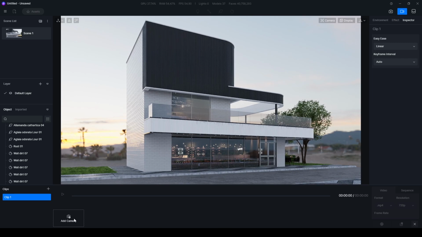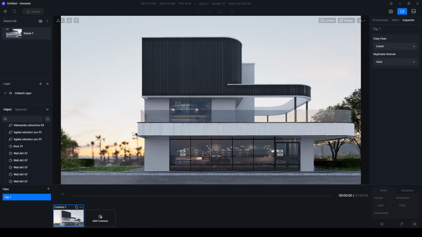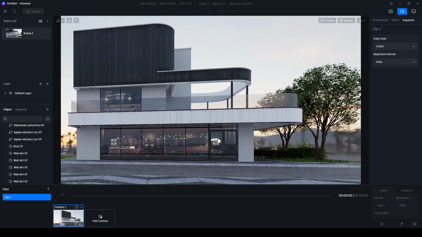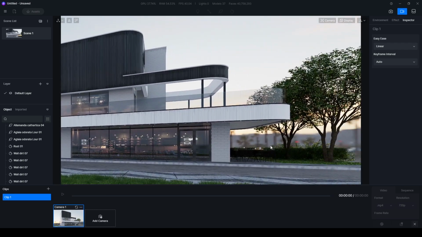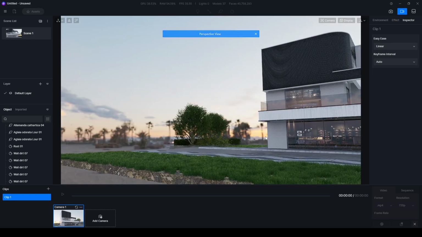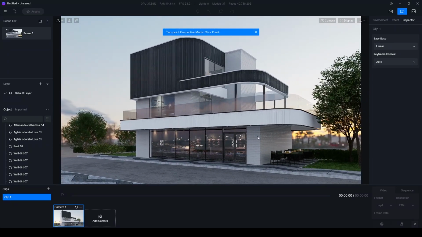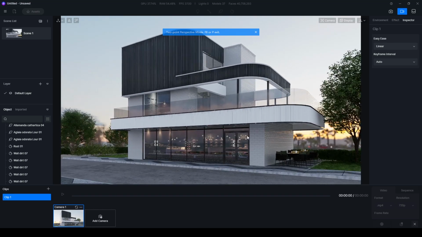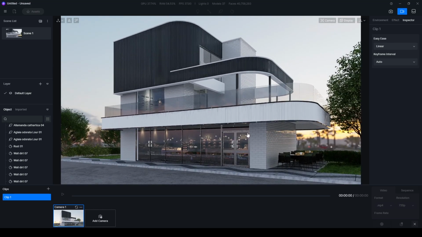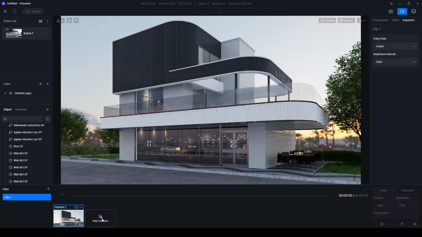And we will click add camera. Once we've done that, we are going to click the second camera and click add camera.